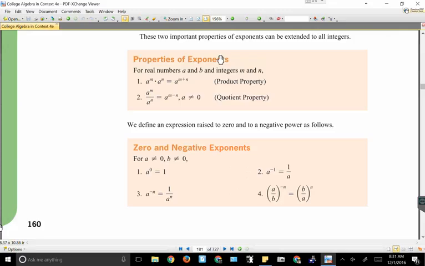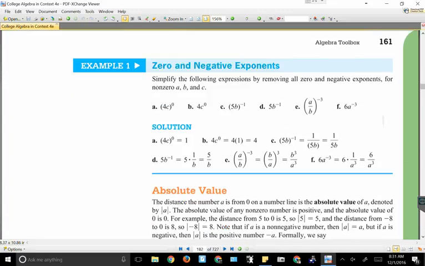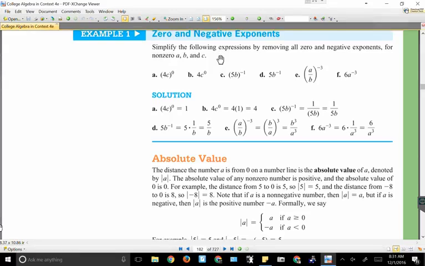memorized. Of course, division by 0 is undefined, and anything to the 0 power is 1. Two things that you got to keep in mind. Now, the nice thing about this idea with the 0, keep in mind it in these terms. It's not perfectly accurate, but it does work. Anything to the 0 power is 1. So if I take a look at A there where I've got 4C in parentheses to the 0 power, that's 1. If I take a look at the one next to it, that's 4, because only the C has the 0. Parentheses aren't around it. Okay? So please be aware of